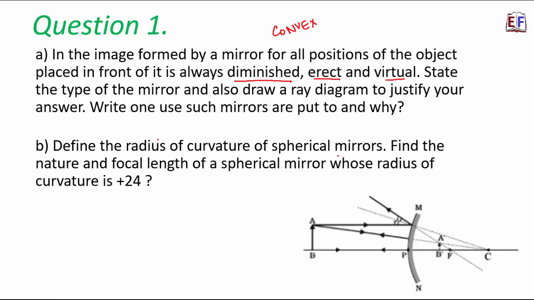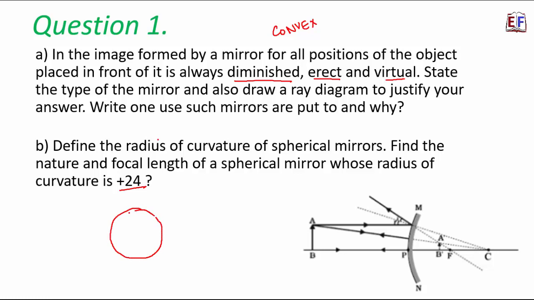Define radius of curvature of spherical mirrors. Find the nature and focal length of a spherical mirror whose radius of curvature is plus 24. So radius of curvature is basically the radius. So if you remember, what are these spherical mirrors? These are basically part of a sphere. So just think of a ball,